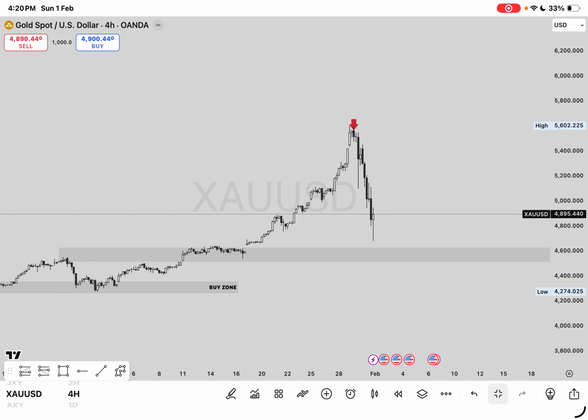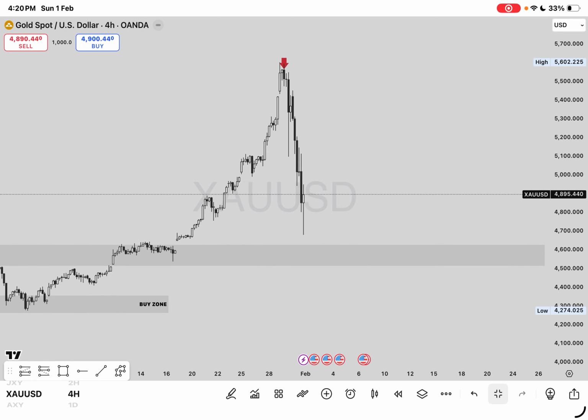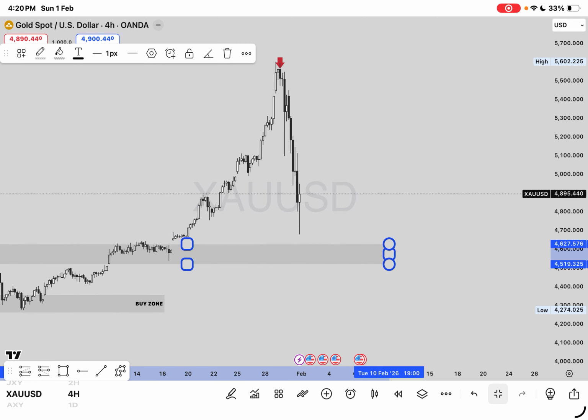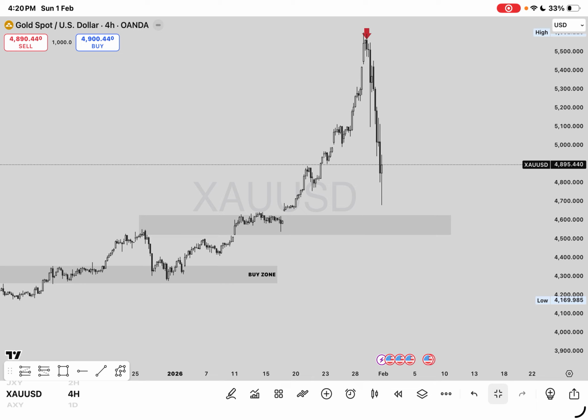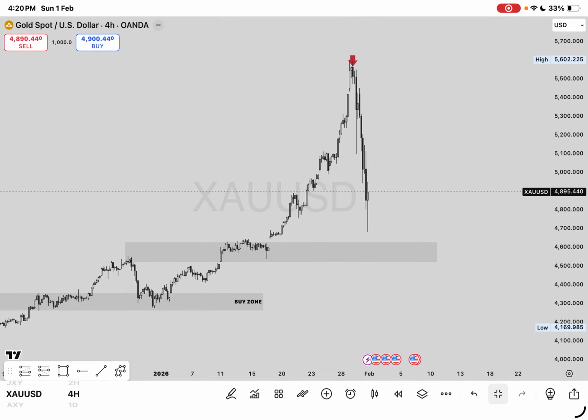Gold rises based on risk off. It rises based on uncertainties. It rises based on fear. Why? Because once there's fear in the market, investors remove their money from riskier assets like the dollar, the AUD, the NZD, and they put it in gold. Even BTC, they remove their money from BTC and put it in gold. And so that's why gold has been pumping. Then all of a sudden we had good news in which Trump is going to put in a new Fed chairman who supports bullish momentum in dollar, and that was why gold dumped massively.